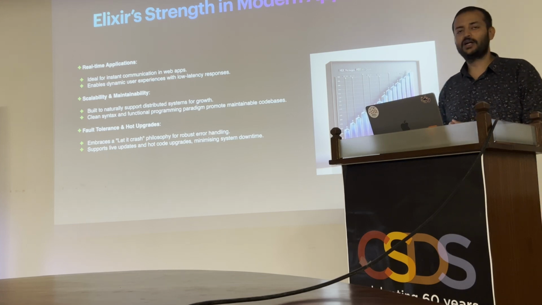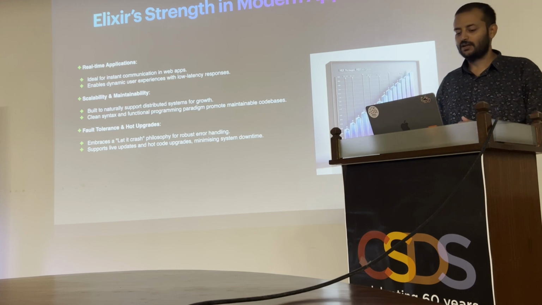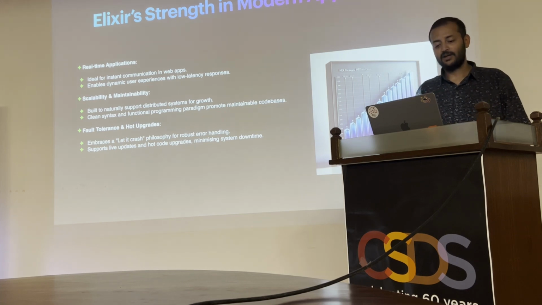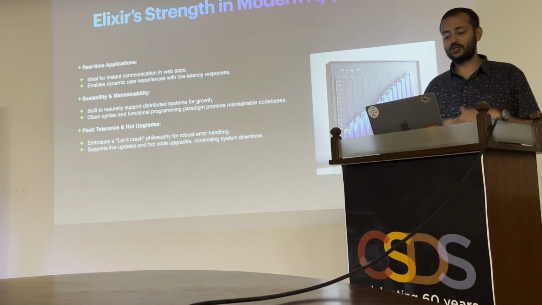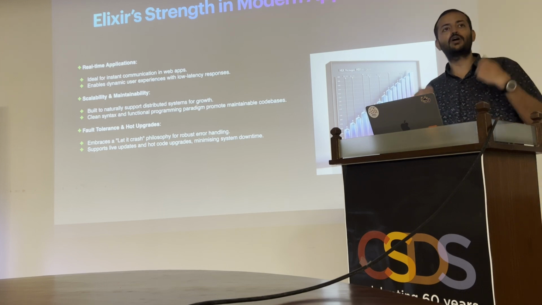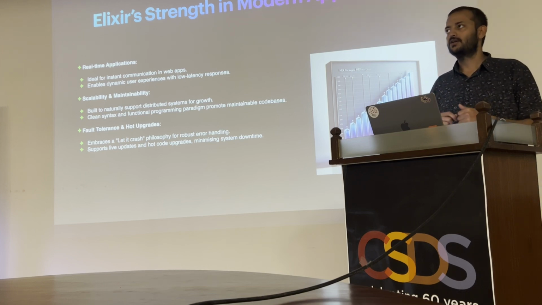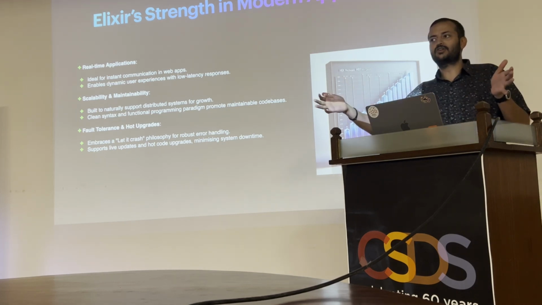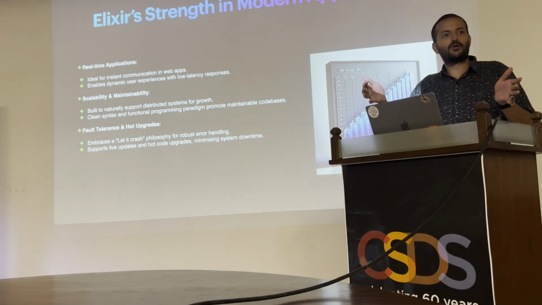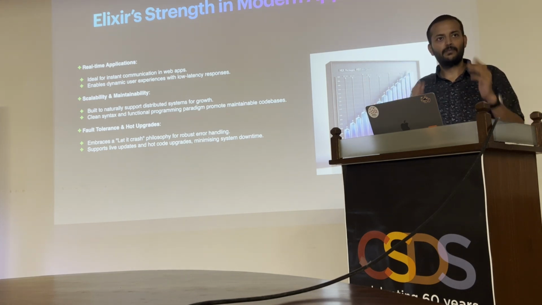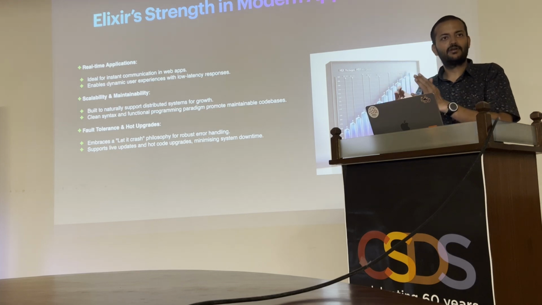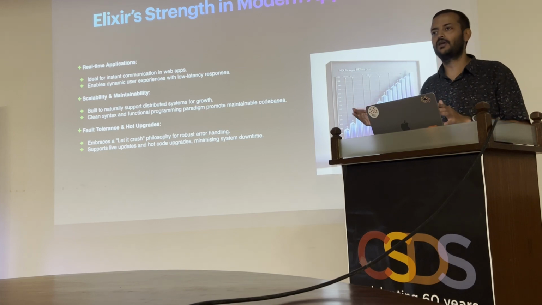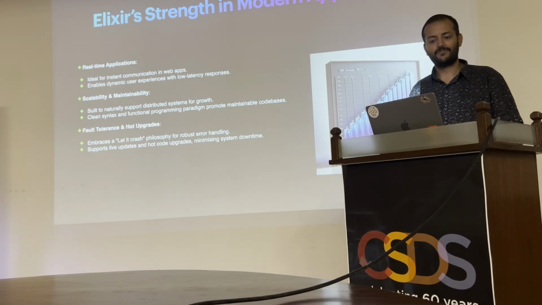Hot code swapping, we have already discussed, the ability to fix or include features on the fly without stopping the entire system. Garbage collection, again very important, because each process is essentially collecting its own garbage and managing it independently. So this ensures that there is no system-wide garbage collection. And imagine this happening over 1 million processes, there would be a pause in the system. But because each process is doing it for itself, the system is able to continuously run. So there is never a block. No blockers at all is one of the key strengths, according to me, of Elixir.